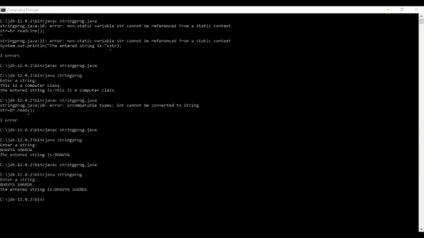Read from page number 381. I am reading from here. The next line function is used to input a line of text or string from input using scanner class. Next page पे क्या लिखा है? The next function is used to input a string without any space from the input using the scanner class. So what does it mean? अगर हम एक पूरा sentence दे रहे हैं, तो हमें next line function use करना है. और अगर हम सिर्फ एक word enter कर रहे हैं, तो हम next function use करेंगे. Is this much clear, children?